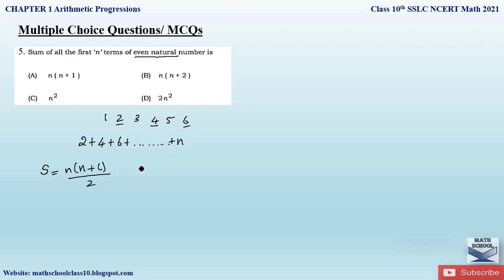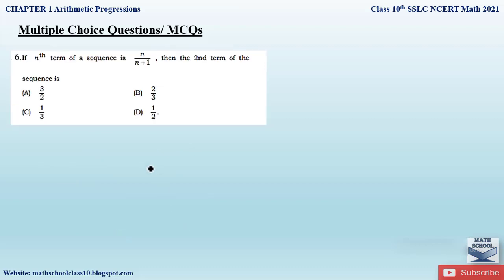Here our last term is equal to n, so we will take L as equal to n and we will substitute here. So this will be n into n plus L divided by 2, right? So here n plus n will be 2n, so n into 2n divided by 2. So multiplying again, n into 2n will be 2n square divided by 2, cancelling 2 and 2, we'll get the sum of first n terms of even natural numbers as equal to n square. So our correct option is option C. So here remembering the formula is very much important. So using this formula you will find out this value.